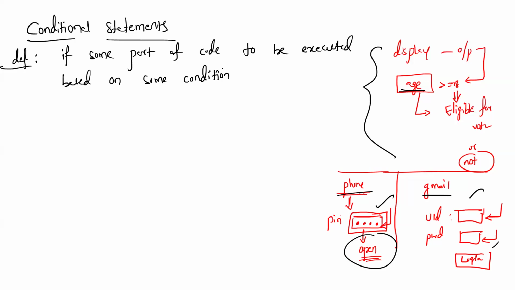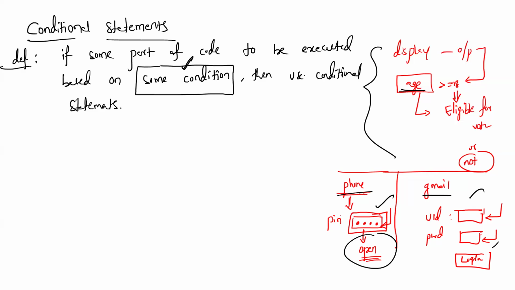Check a number is even or not. Check a number is positive or not. Check an alphabet is a vowel or not. For all such things, we have to use conditional statements. If the output is not based on some condition, then don't go for conditions. If it is based on some condition, then only you have to go for conditional statements. All our previous programs, whatever we have discussed, are conditionless, no condition there. Now if it is based on some condition, then go for conditional statements.